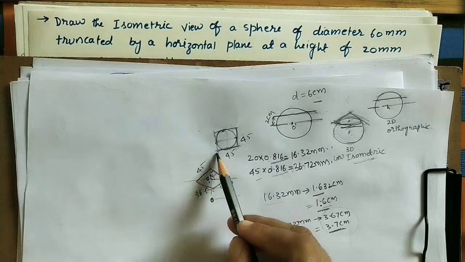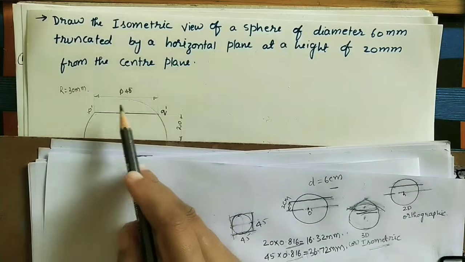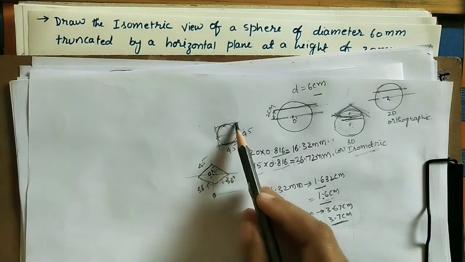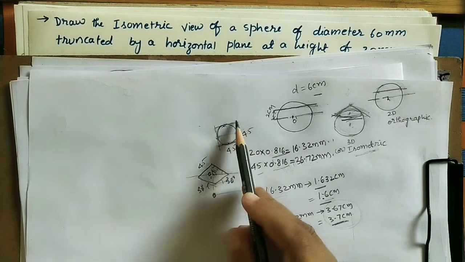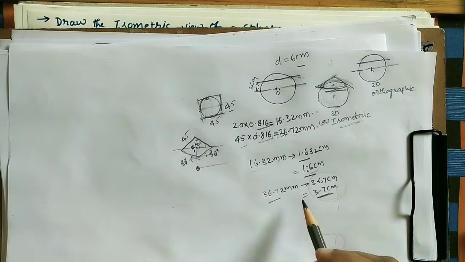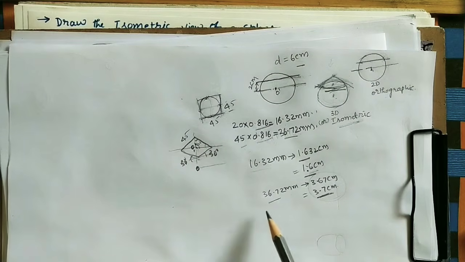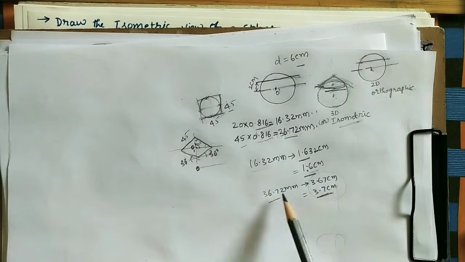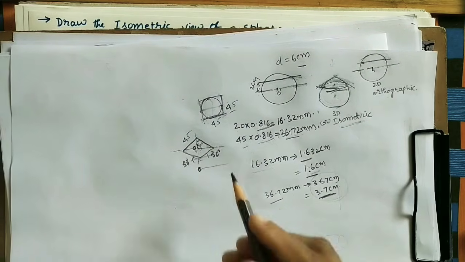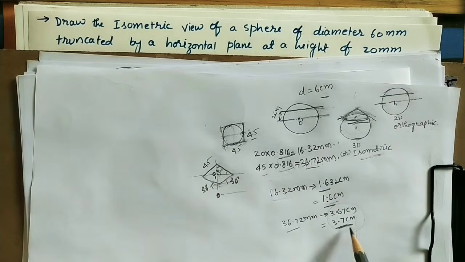So what is each side of the box? It is nothing but the diameter of the circle. How much diameter? 45 mm. Okay, this is 45, this is 45. It is nothing but a square. We'll get the circle inside this box. So instead of 45, how much do we have to take? Just now we have calculated here. We have to take 36.72 mm. So how much is this value? 3.67 centimeters. Okay, so we can take it as 3.7 centimeters. So instead of 45 mm we have to take 3.7 centimeters.